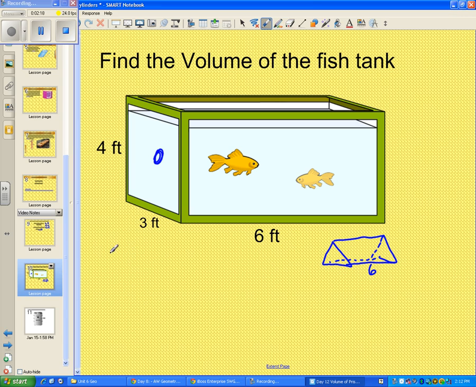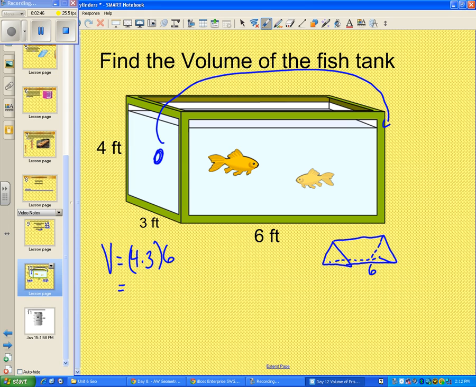The volume of this is going to be the area of the base, which would be 4 times 3, and then we're going to multiply it by the distance between the two congruent bases, which would be this side right here and the far side over here, which we really can't see much of, and the distance between them is 6. So if we were to multiply that out, we would end up with 12 times 6,